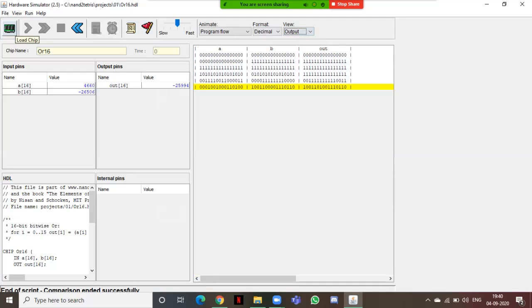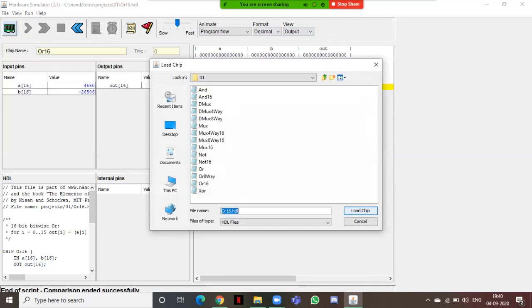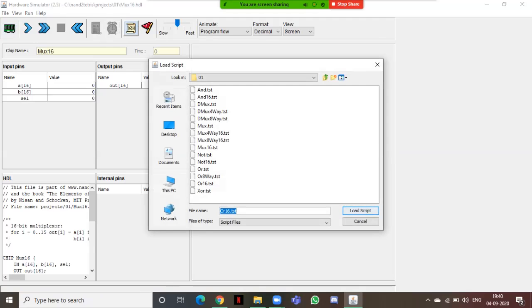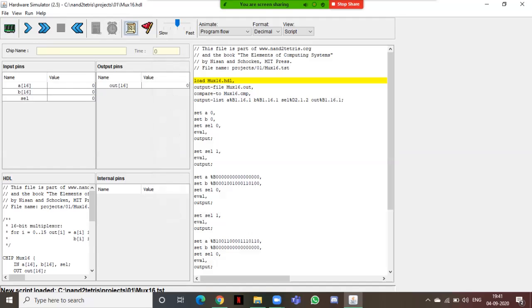So again, we'll now perform the multiplexer in 16 bits. Let's do that. Loading the script for the same. Multiplexer in 16 bits. Let's execute it.